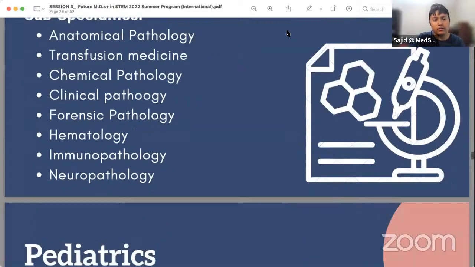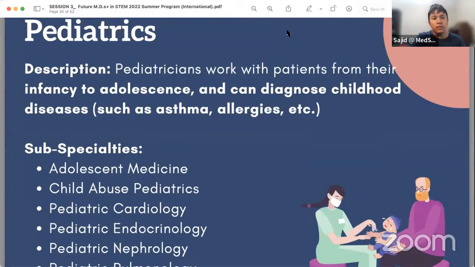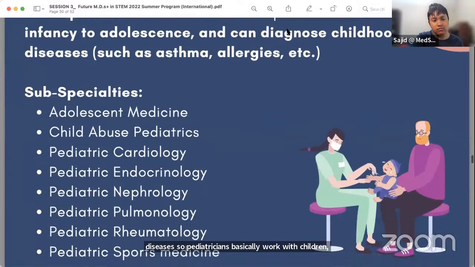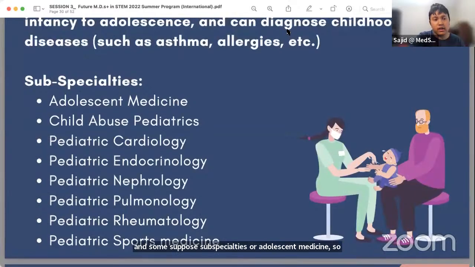Okay, next slide. Pediatrics, okay. So pediatricians work with patients from infancy to adolescence and can diagnose childhood diseases. So pediatricians basically work with children, and some subspecialties are adolescent medicine, so teenagers basically, and child abuse pediatrics, pediatric cardiology, pediatric endocrinology, and basically all the specialties